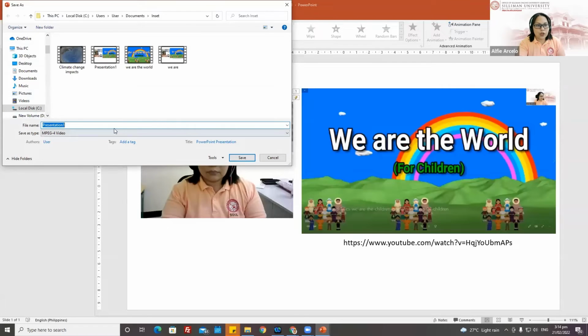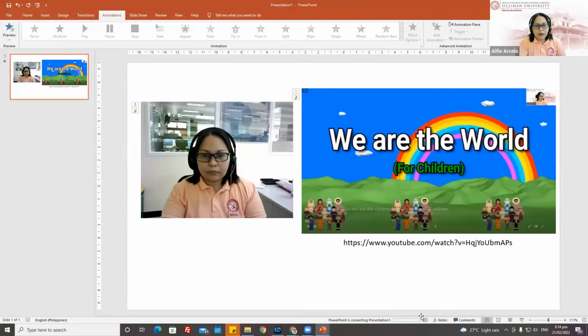Then click on Save. The file type is MP4, so it's a video file. You click Save, and in the portion at the bottom, you wait until it's done processing. Now, if there are glitches on that one,